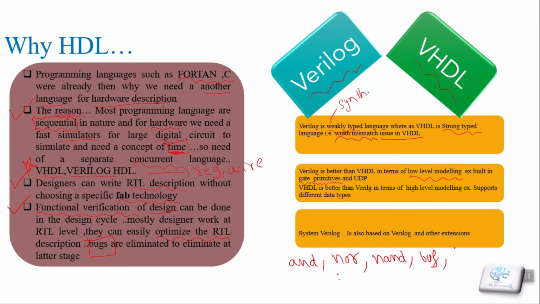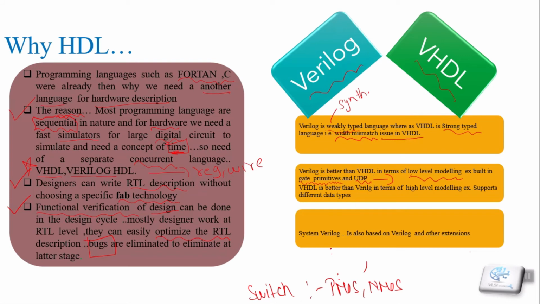not, if. So all these gates are defined in Verilog, and also the Verilog switch primitives like PMOS and NMOS. But these things are not defined in VHDL, so we have to write separate code for all these primitives. And one more important thing is that Verilog supports user defined primitives, so that designers can define their own cell primitives, whereas these features cannot be utilized as extensively in VHDL.